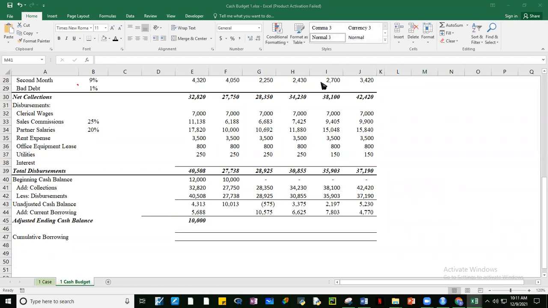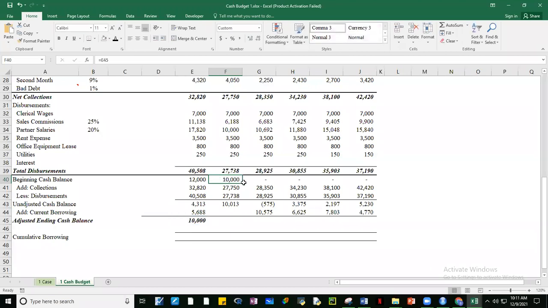So, LG, did you get it? Nakuha mo na yung adjusted cash balance? Yes po, sir. Okay. So ulitin ko to guys ha. Nung nakuha natin sa adjusted cash balance, then we said that the beginning cash balance for February will be the adjusted cash balance of January. Okay?